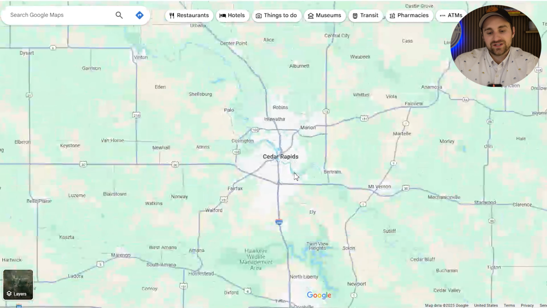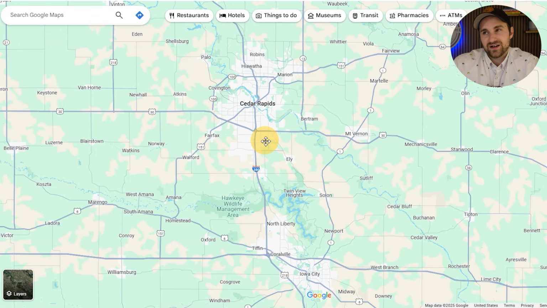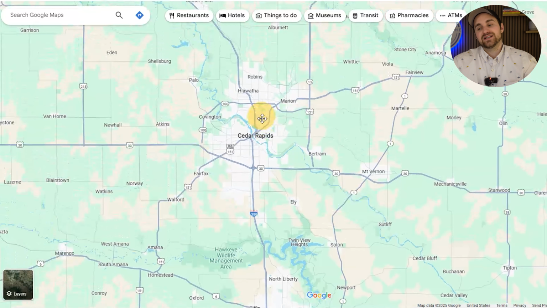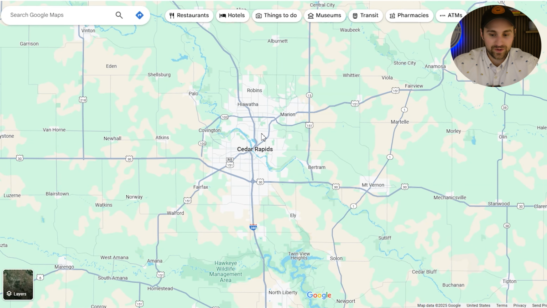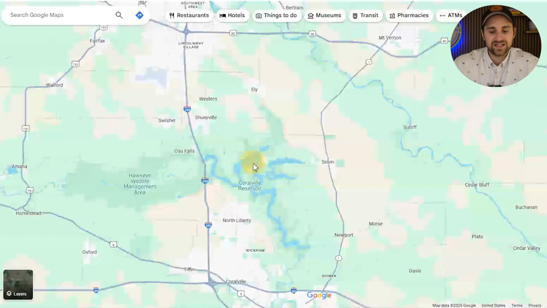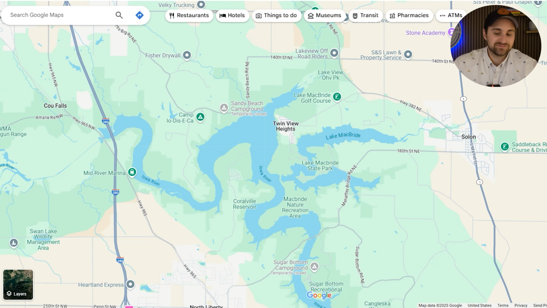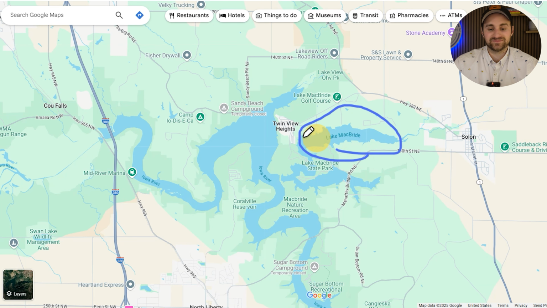But the cool thing I like about Cedar Rapids is it has a lot more area for outdoors, which I like, even though you're living in a city. Personally, I like to be outdoors a lot more. Just south of there is Coralville Lake, Lake McBride. I got to go to Lake McBride one time. It was very, very cool. We had a great hike there, and it's really not too far from Cedar Rapids.